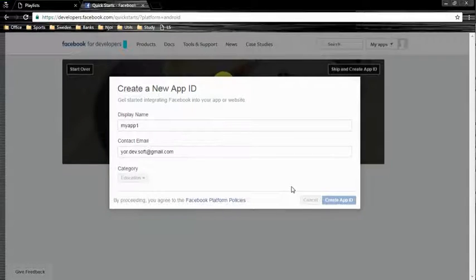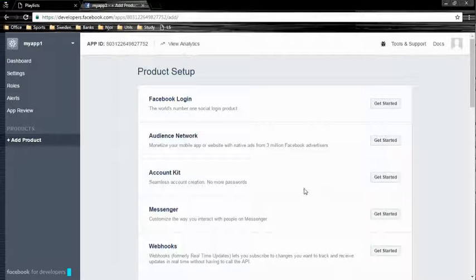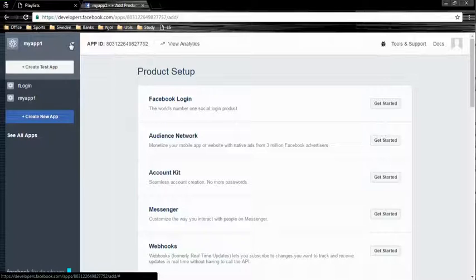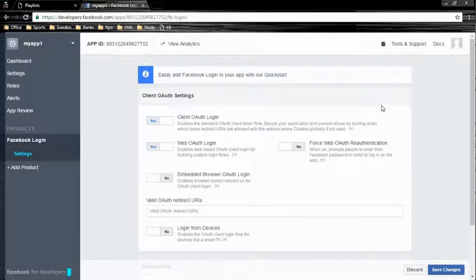I'm sure I've done the right thing. What happened to this? Yes, it took time, but it's okay. So now you can see my app is being created, and if you open this, you have two apps now. Okay, in my case it's two apps. So jump on to add product first, and when you add product, you get to Facebook login. So you have added Facebook login. That is the protocol we'll be using,